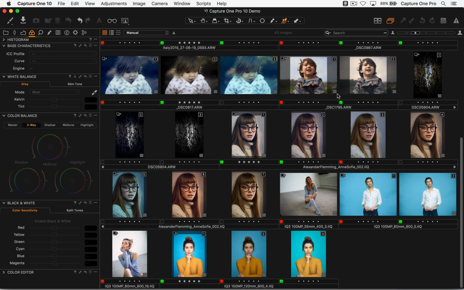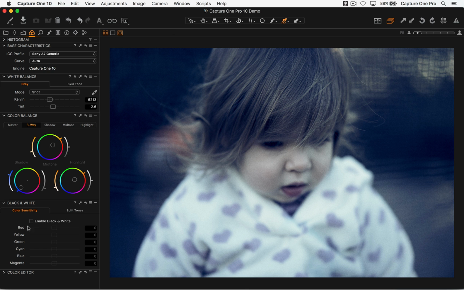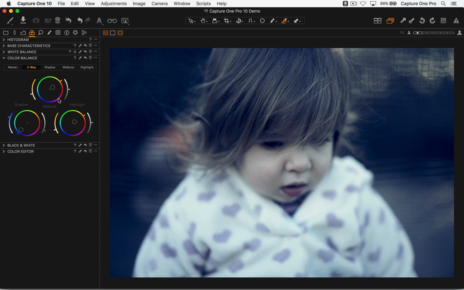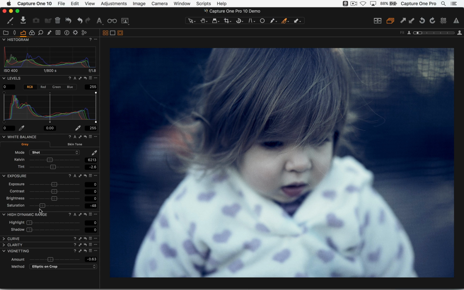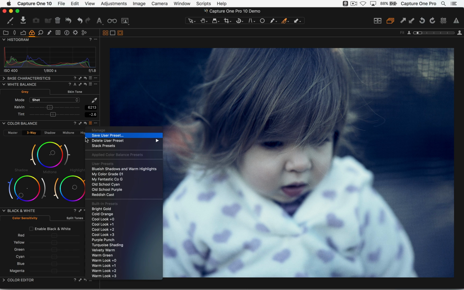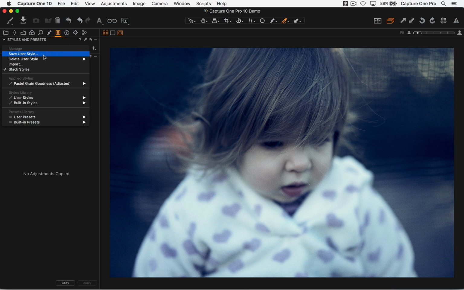Okay, so let's just check. I'm a bit more efficient this afternoon than this morning, as always. So I think we've pretty much covered all of the tool. Just remember that color balance is not the same as white balance. So color balance, to reiterate, is for a color grade over the entire image. The color editor is designed for picking out colors and changing the appearance of those colors. The color balance tool works nicely in conjunction with things like the saturation slider, just to change the intensity of your adjustments, and you can save any preset by saying use a preset, and a combination of those adjustments can be saved as a user style like so.